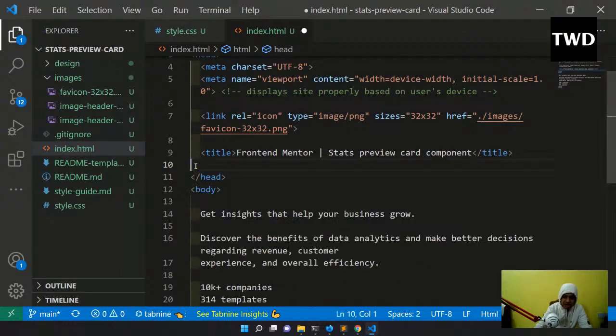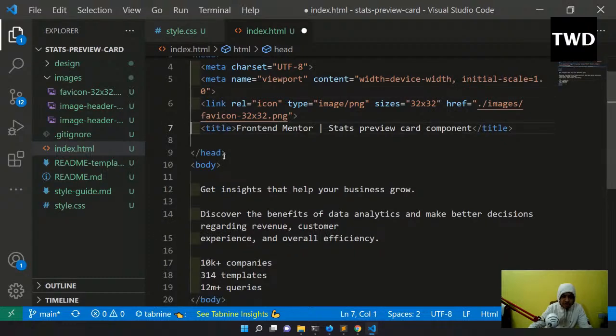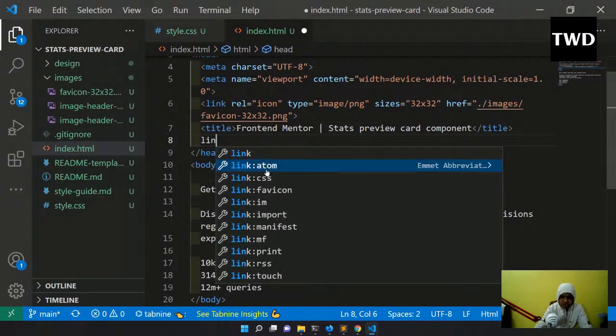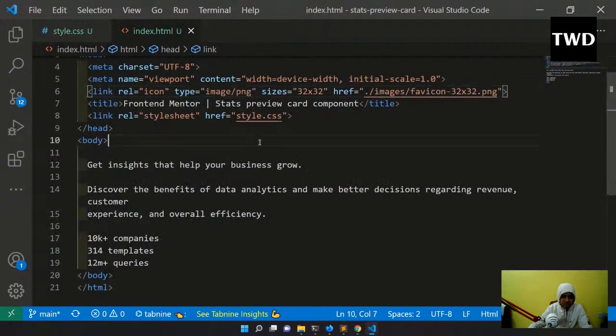They are also saying that please feel free to remove it. So we are going to remove it, and we are also going to link our CSS. As you can see, they have given us nothing. If I open this with my live server,